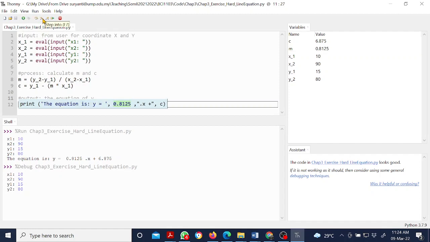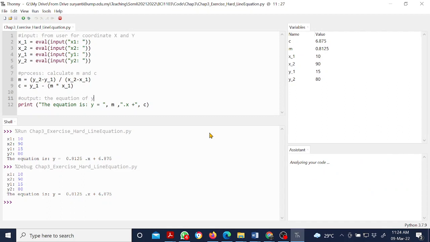Okay, and then after the value of M, you're going to print out this text, x plus. Okay, so you're going to print out this text, and then after this text, you're going to print out the value of C, which is 6.875. So that's why you're going to have this one. The equation is, colon, y equal to 0.8125 times x plus 6.875. Okay, macam tu. Faham? Faham kelas? Faham. Okay, good. Okay, bagus. So if faham